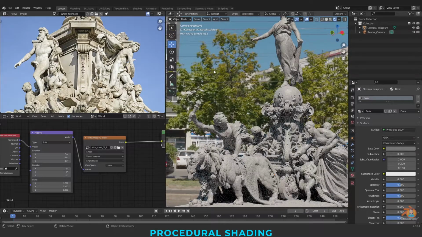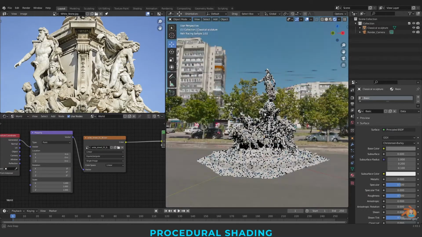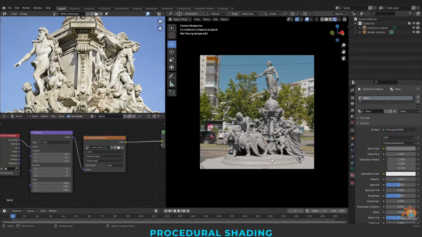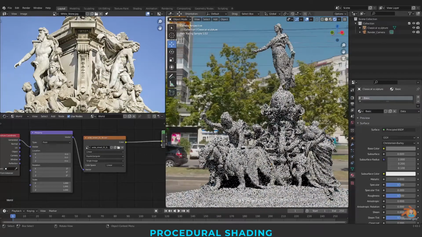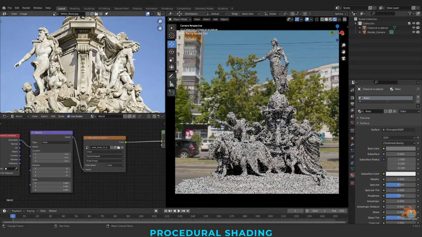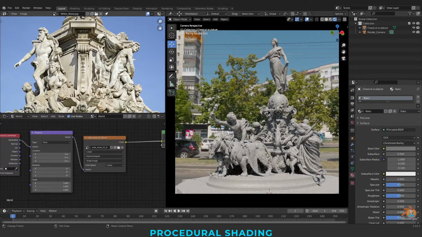So with this HDRI, we are doing the lighting. For now, I'm going to use the same angle, and this is our reference and this is our model.